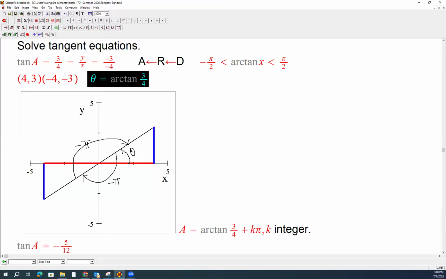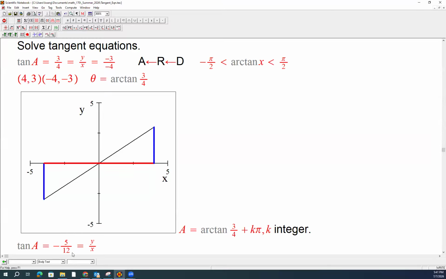Okay, so let's clean up. Let's look at another equation. Same thing here, but this time we're given the ratio is -5/12, right? So how do we identify the x and y? This is what we know, it's y over x. To get a ratio of negative 5 over 12,